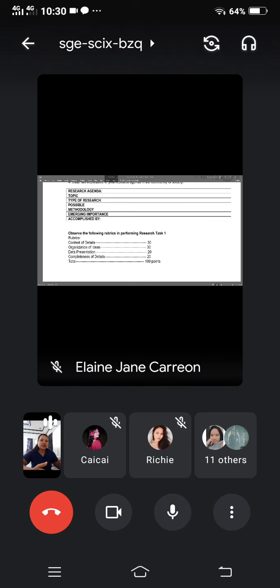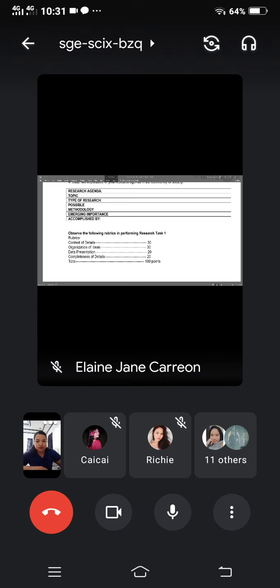May mga i-discuss pa ako next week sa inyo na kung saan yung bagong format natin na ginagamit dito sa Pampanga. So, i-discuss ko sa inyo kung paano mag-formulate ng title, kung paano gumawa ng detailed. And then hands-on tayo, gawa kayo ng pagka nakapag-group na tayo, gawa kayo ng